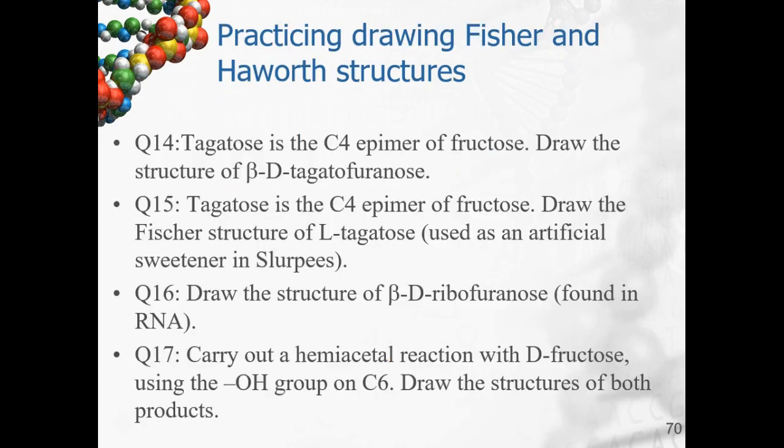So the next thing that you should do is there are 4 more questions on your handout. Question number 14 asks you to draw beta D tagatofuranose. Question 15 asks you to draw the Fischer structure of L-tagatose. That's actually used as an artificial sweetener in Slurpees because